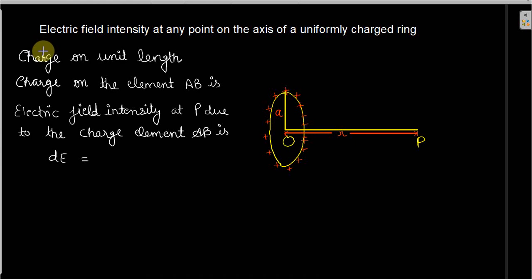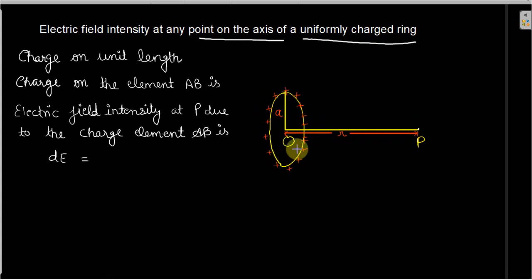Today in this video lecture, we will discuss electric field intensity at any point on the axis of a uniformly charged ring. In this case, we have a ring and that ring is uniformly charged, meaning there is equal charge everywhere on the surface of the ring. Let a be the radius of the ring, and we want to find the electric field at point P due to